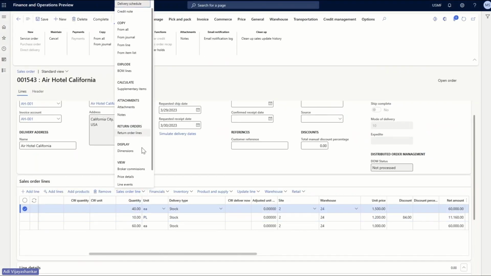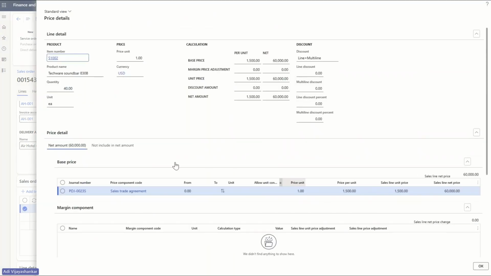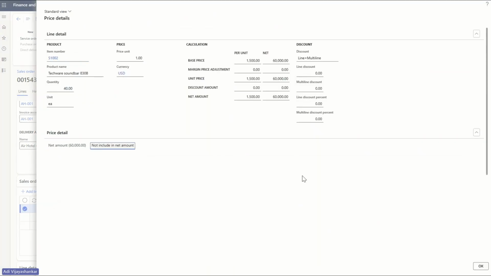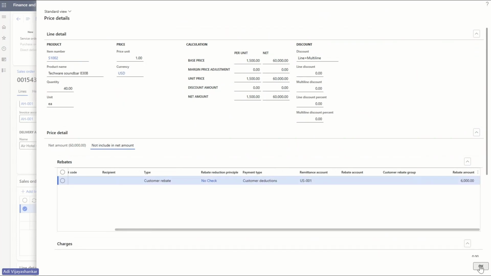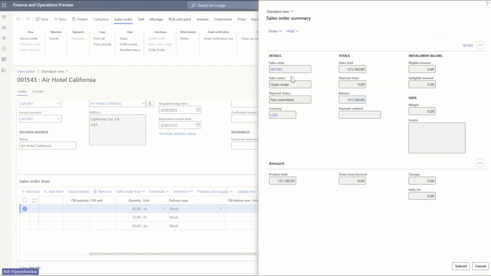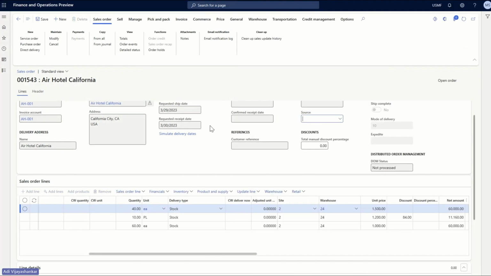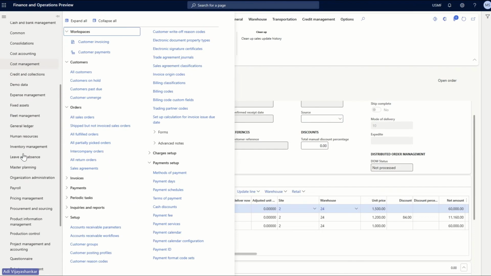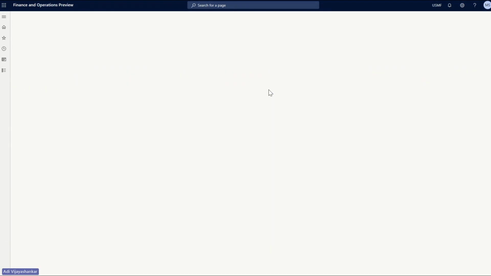So you will see the price for the rebate total for this item. If we check this, the amount has been calculated. Now I will complete the order. Then I will go to the rebate management deal form for the customer, and I will calculate the rebate for the sales order. Let's go to the rebate management and customer rebate,